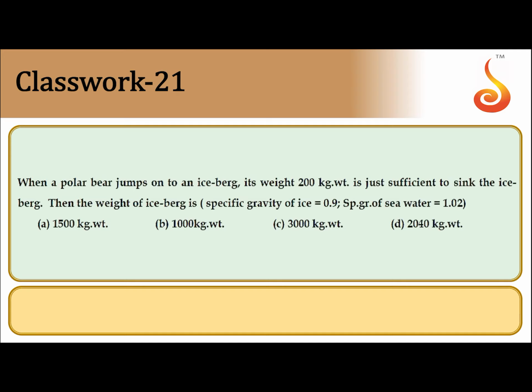21. When a polar bear jumps on an iceberg, its weight, 200 kg weight, is just sufficient to sink the iceberg. Find the weight of the iceberg, given that the specific gravity of ice is 0.9 and specific gravity of seawater is 1.02. Again, from the law of flotation, weight is equal to upthrust, that is weight mg is equal to volume into density into g, right? So the weight is equal to,